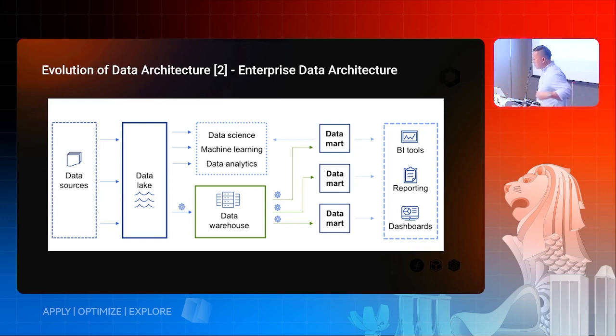So this is how it looks in the enterprise data architecture. You have your data sources that come from various business entities. You ingest it into your data lake that acts as a landing zone, and then you store the OLTP data in the data warehouse. For the data science and the machine learning layer, you interact directly with the data lake because, of course, there are different environments there. You do this because a lot of unstructured data is needed for some of the machine learning use cases that we're seeing nowadays. Following which, the data warehouse will be split into domain-specific data marts for business entities or end users to consume. So right now it's split this way.